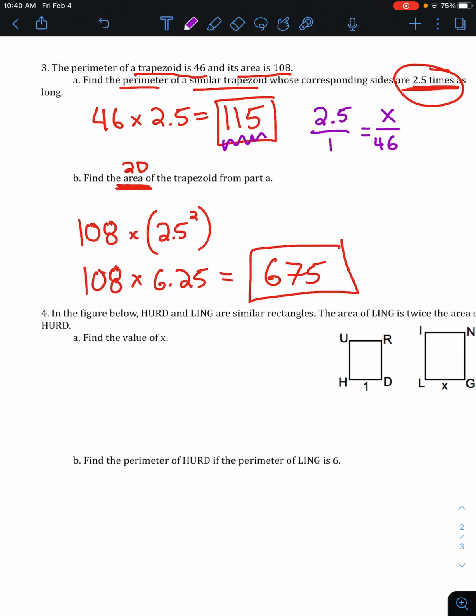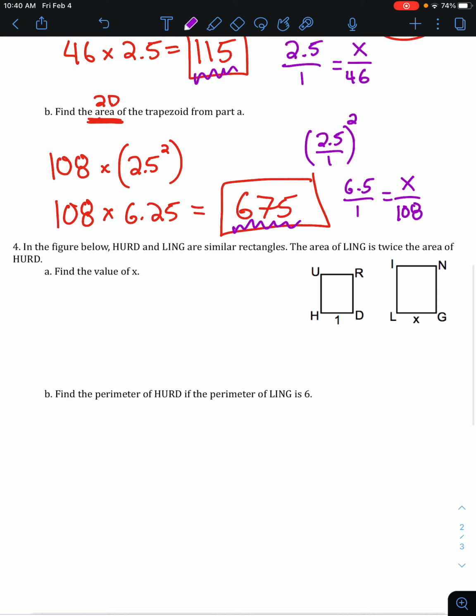Similarly, we could take 2.5 over 1, that is our regular scaling ratio or proportion, and square it, giving us 6.25 over 1, and we can set that equal to the ratio or proportion of the areas. So this is another way we can set this problem up and solve for the area. Cool. In the next example,